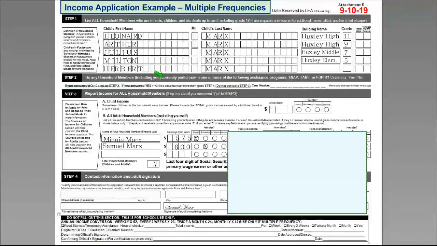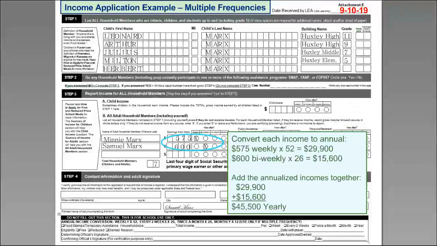So on this application, we have 2 different frequencies. We have this adult getting paid weekly, and we have this adult getting paid on a bi-weekly basis. So we have to annualize the income. So we'll convert each income to annual. So first, we multiply the $575 by 52 since they were getting paid weekly,